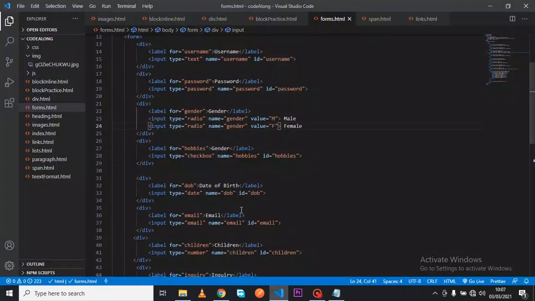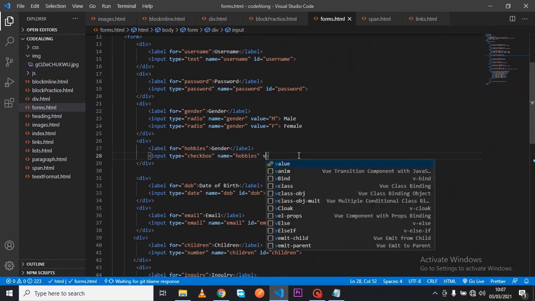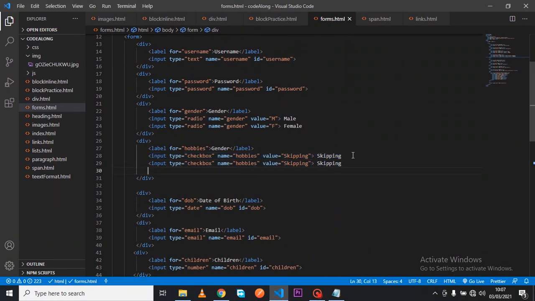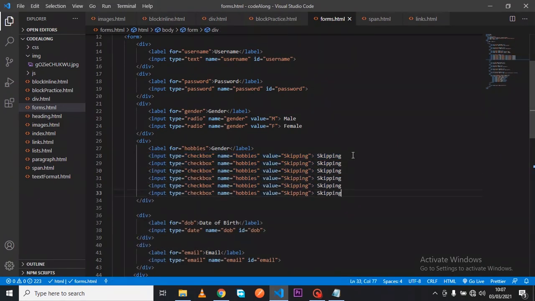Now the other element like that is the hobbies. That's also the same reason why I was skeptical about the ID. Okay, we have a value here. The value will be maybe skipping. So let's say that's your hobby, and we'll put this here. And I'll get this. They will all have the same name. So let's say you like running too,